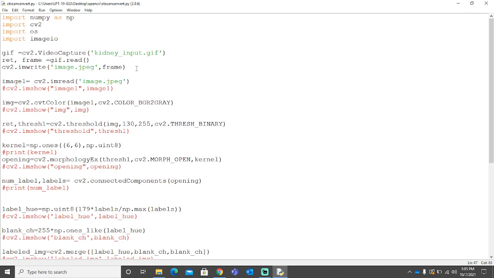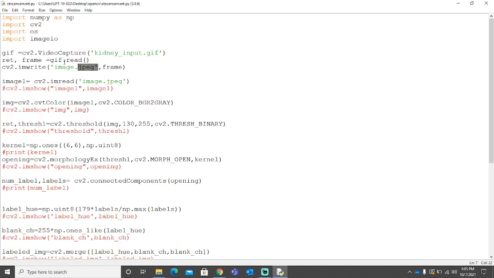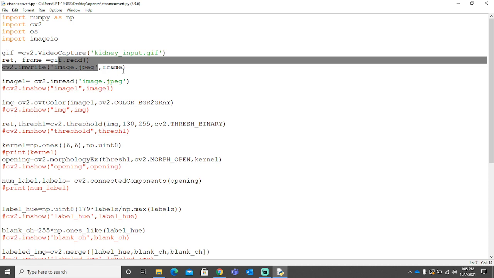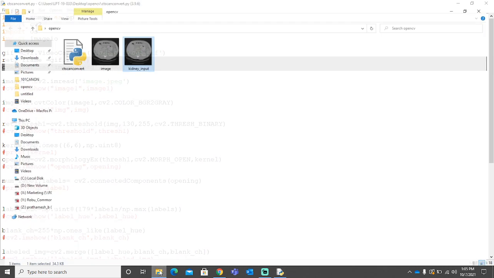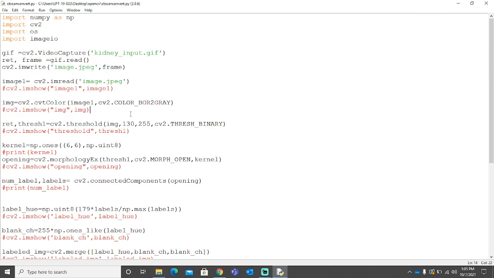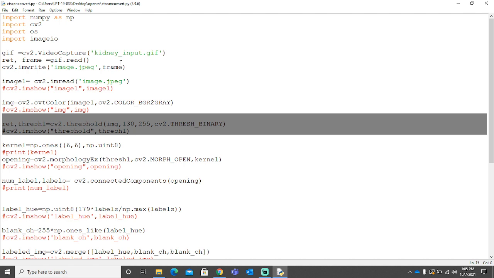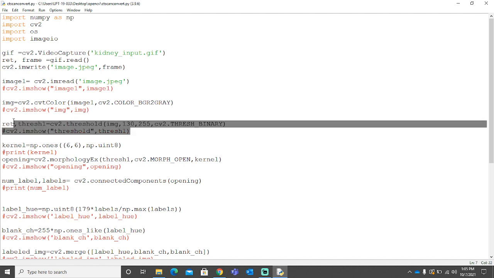First we read the input GIF file, which was right here. Then we read the frame and we wrote it and converted it into a JPEG file, which is here. Then we converted from BGR to gray. It looked like a gray file, but it was a BGR file.